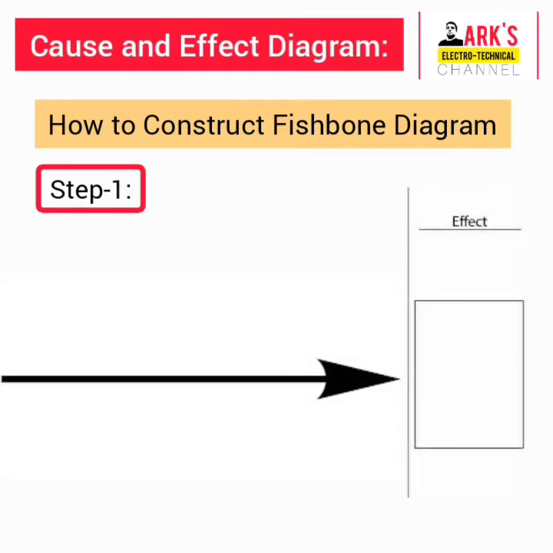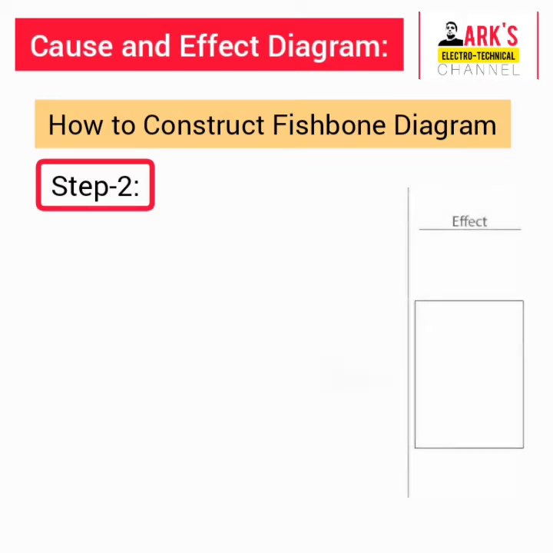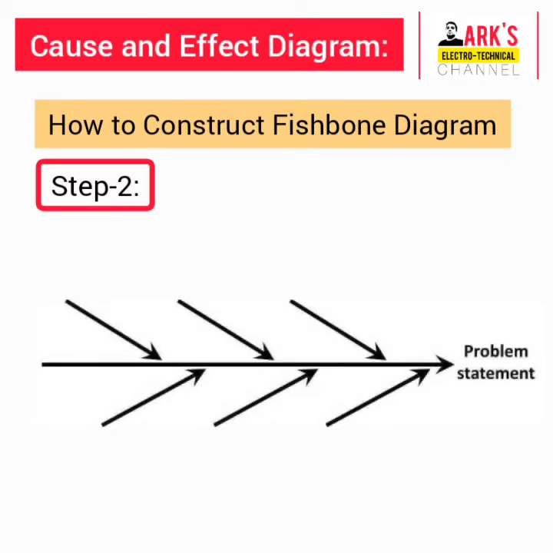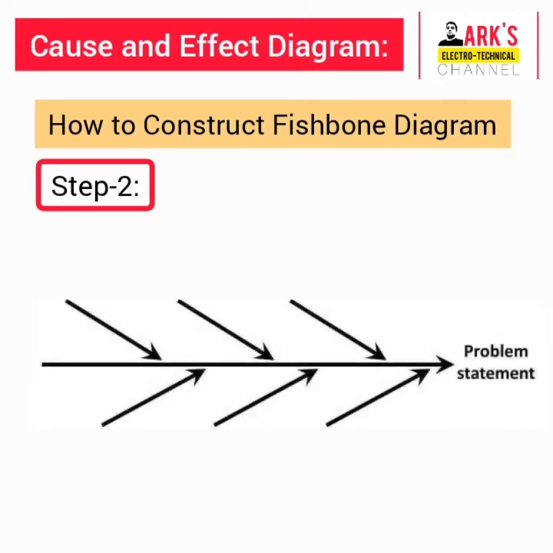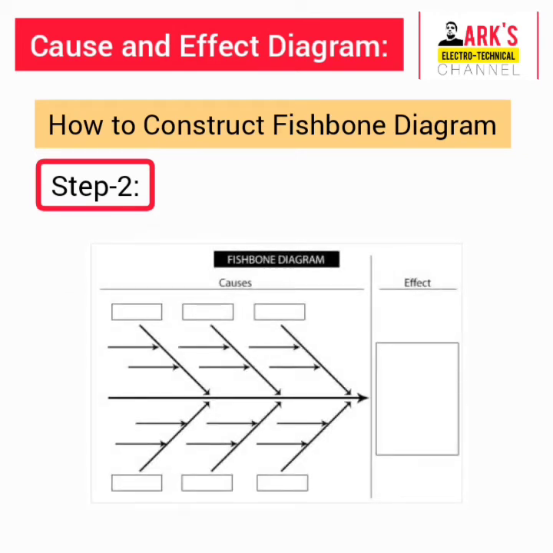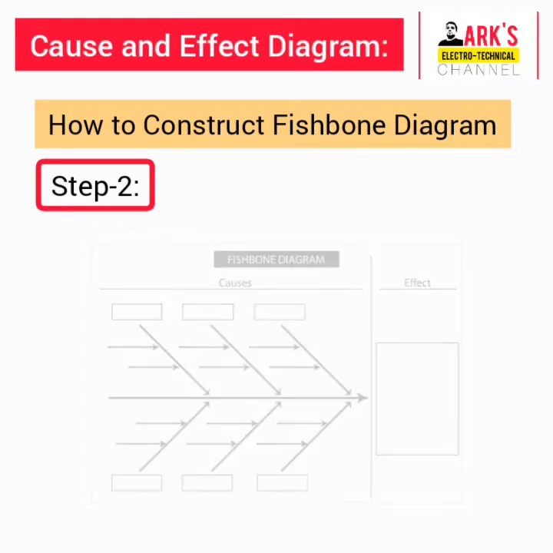In a fishbone diagram, we study one problem at a time. Number 2, list the potential causes of the problem by brainstorming. List them as primary causes shown as branches attached to the backbone of the fish. There could be sub causes also, which are attached to relevant main branches or primary causes.